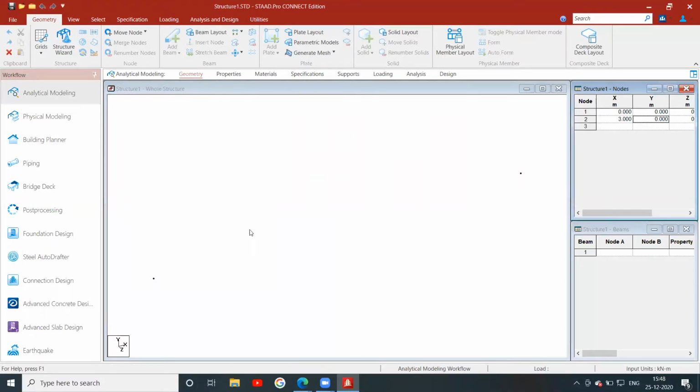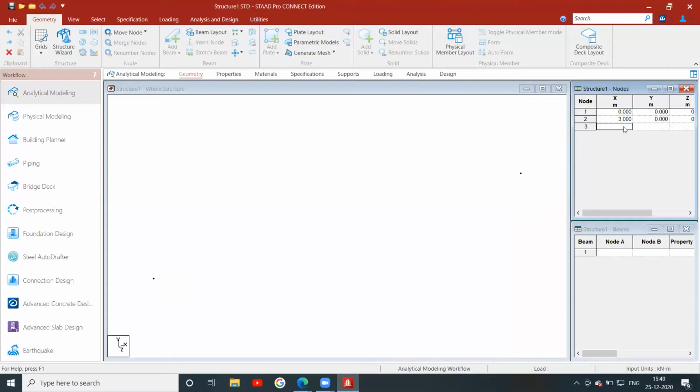Here the x-axis is in this direction, the z-axis in this direction, and the y-axis is upwards. Whatever values we are giving are for the x-axis; the z-axis is not required now. For this beam we give the values in the x direction only. That is, the first span of the continuous beam is 3 meters.